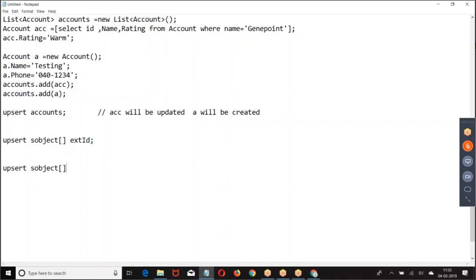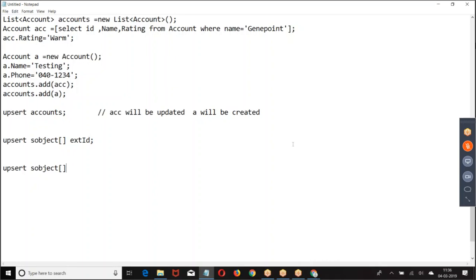If you want to upsert based on an external ID field, then you have to mention it. If you don't, automatically it will consider the Salesforce record ID and perform the upsert operation. Was that clear for everyone?